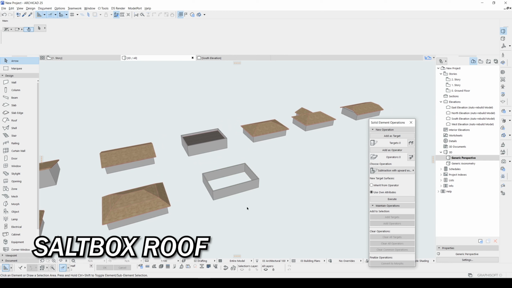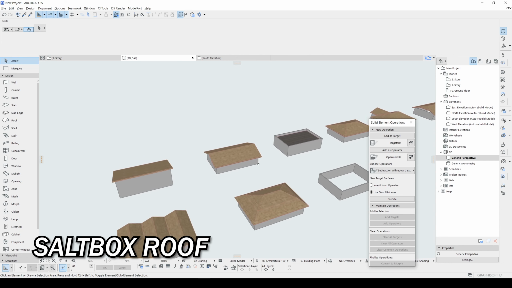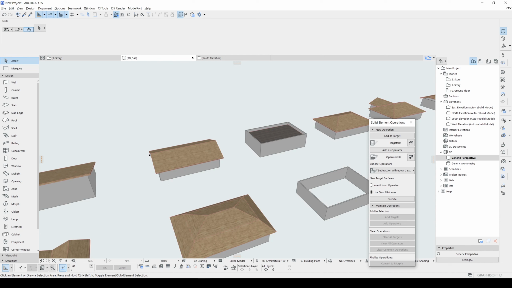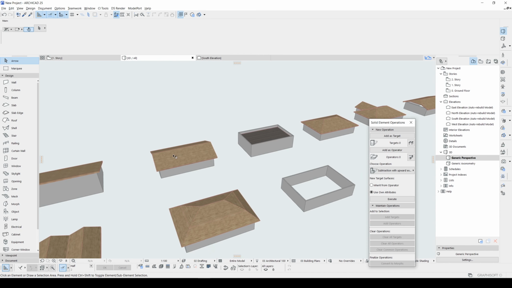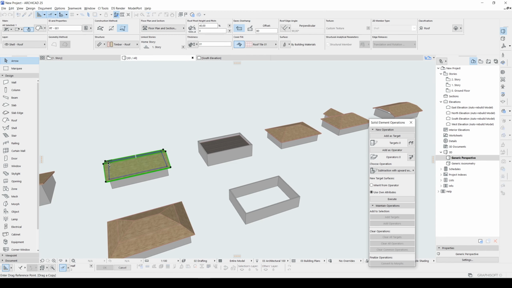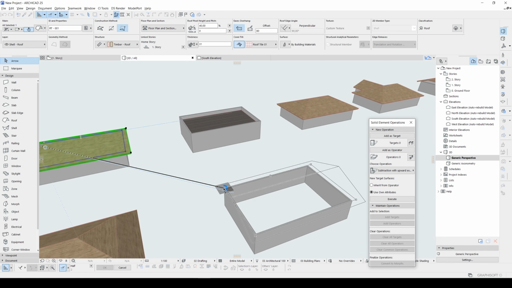Our next one will be saltbox roof. This means we will have a classical roof, something like this. It's going to be similar as this gable roof, but it's going to have different elevations from different sides. We can just copy this to here.